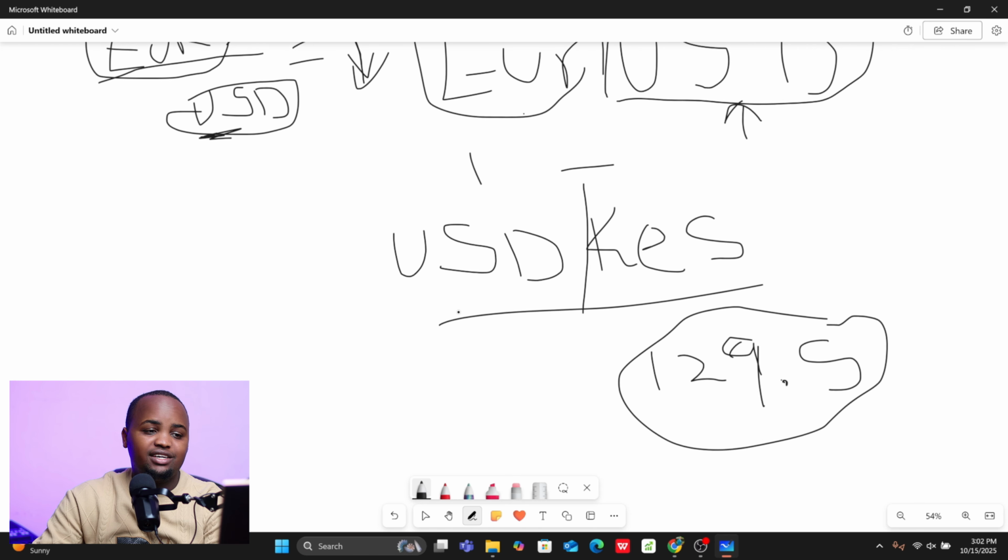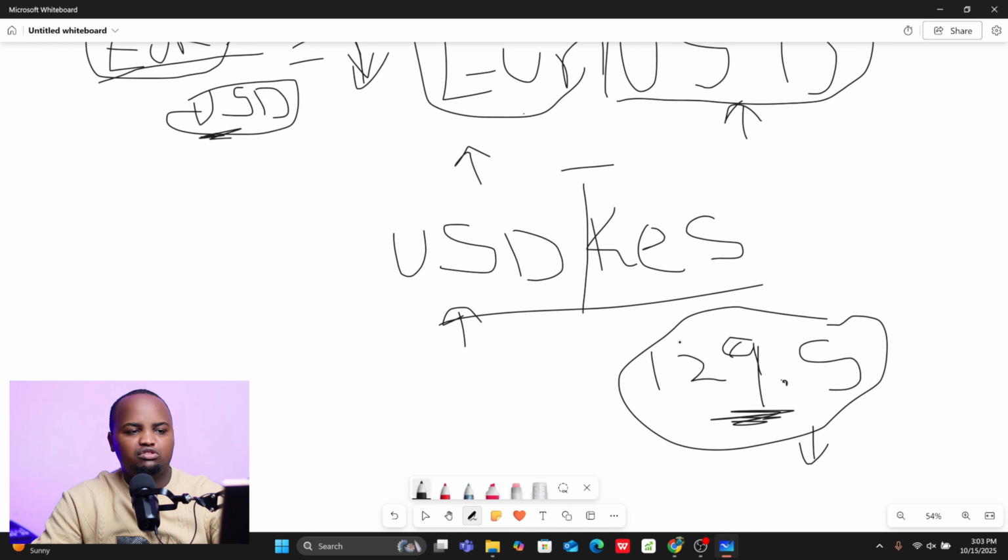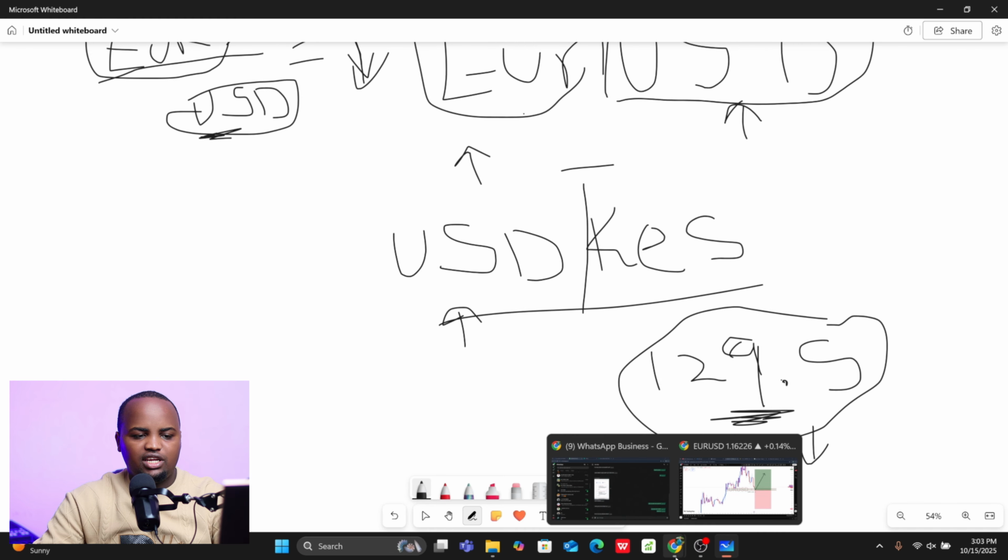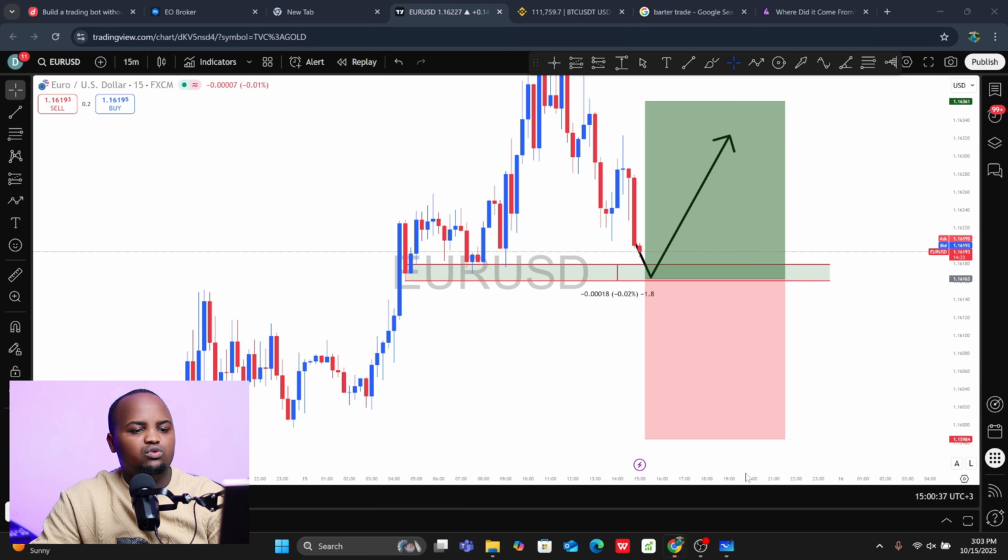So if dollar increases in value, this value is actually going to increase. So when you increase the denominator, when dollar actually gains strength, Kenya shillings loses value and you need more money to buy the dollar. When dollar weakens, the value moves down. When Kenya shillings gains value, normally it moves down. You need less money to buy a dollar. Basically, that is Forex and how we check different economies to see where you can actually project this.